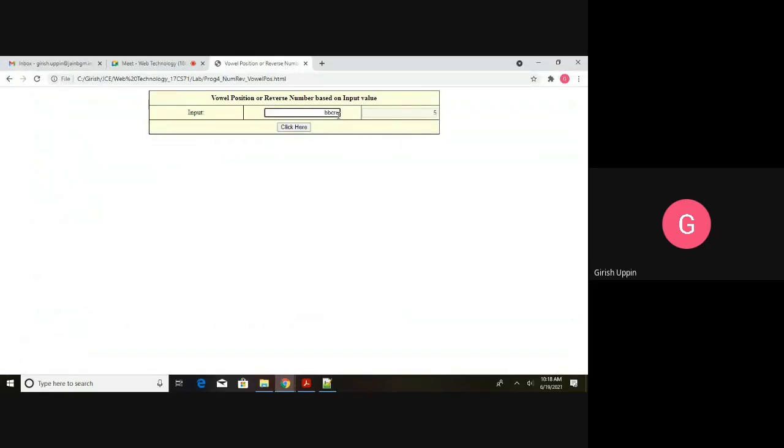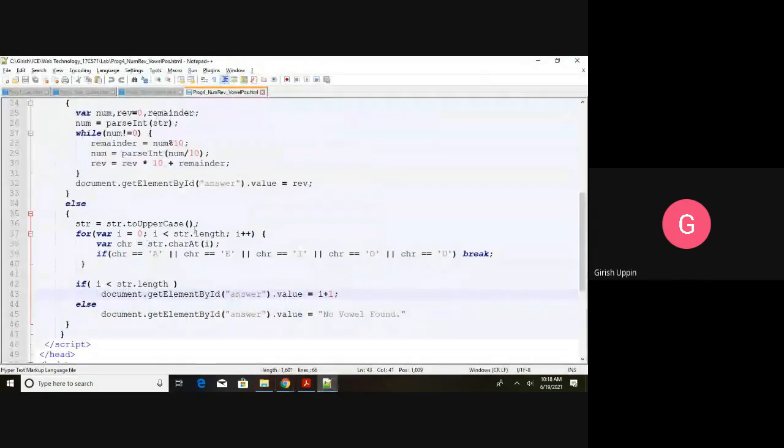Let us say we don't have anything. So no vowel found. Now what happens is it will iterate through completely. Whatever the length, suppose length is 5, until 5 it doesn't find. When the index is 4, 4 is less than 5, true, then it will execute. Then the length will become 5. 5 less than 5, this is false, right? Now I value would be 5.